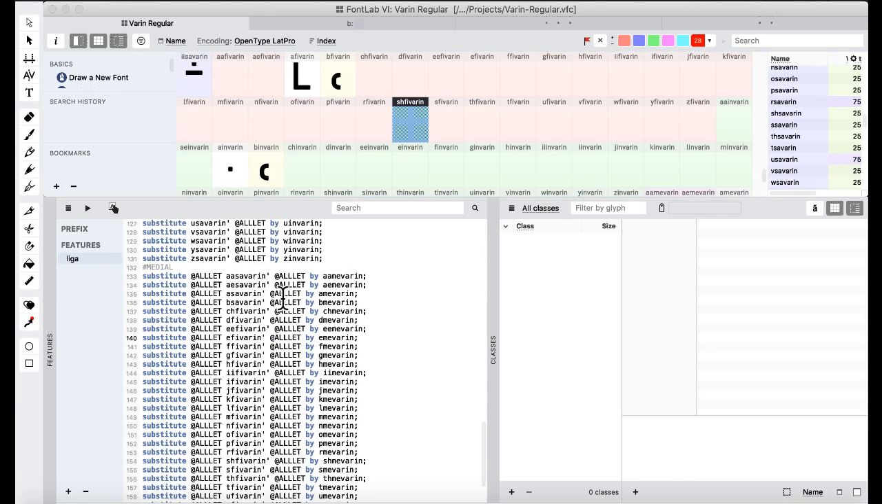So I'm guessing what it's having problems with is the double switch. These are all